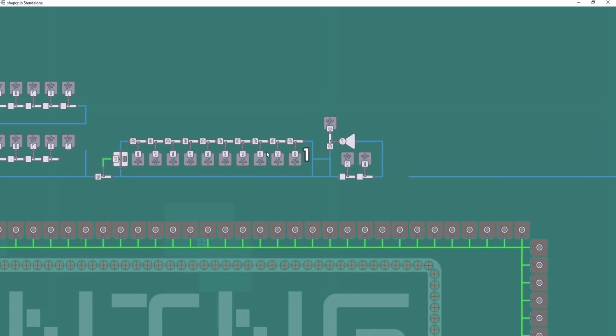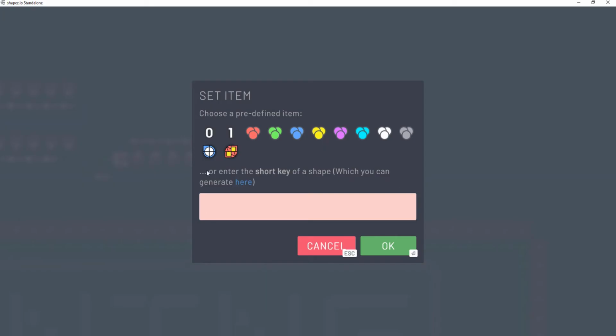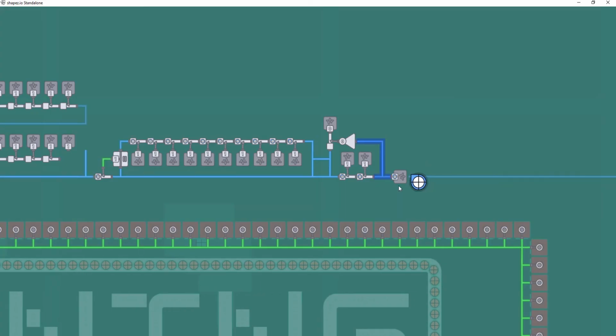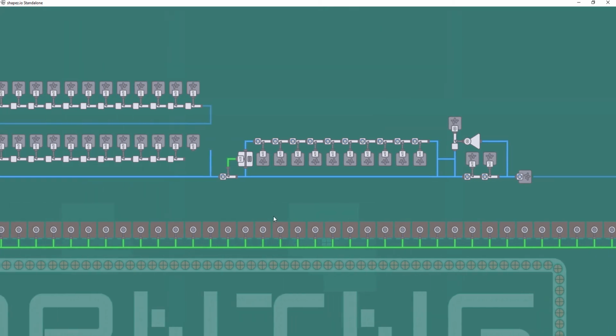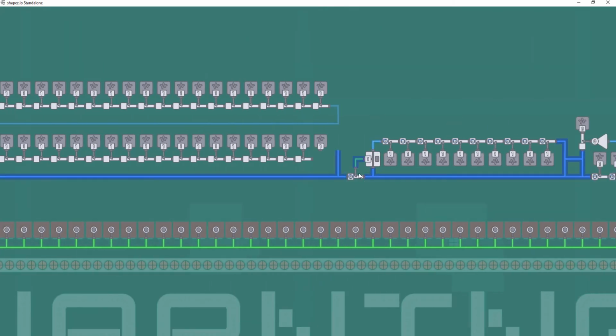This timer, this is a 12-tick delay timer. It's going to interrupt the signal for 12 ticks, and then we can continue. So imagine we get a signal. I'm going to set up a constant signal right here. Why not take the blueprint shape? There we go. So this 12-tick timer